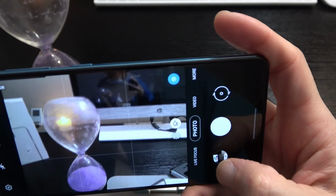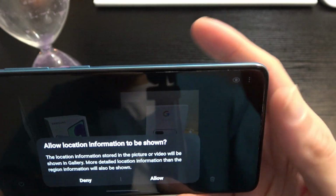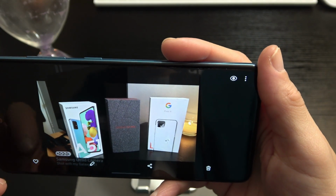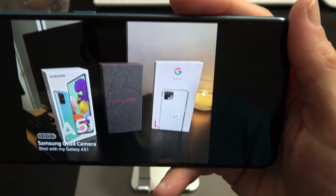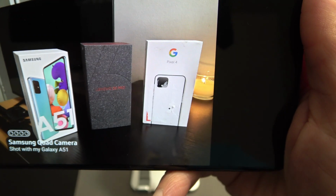Okay, nice and quick shutter speed right there. And let me go to the photo. Allow location information to be shown? Nope. And ladies and gentlemen, here's the photo, and you can see right there, it says Samsung quad camera shot with